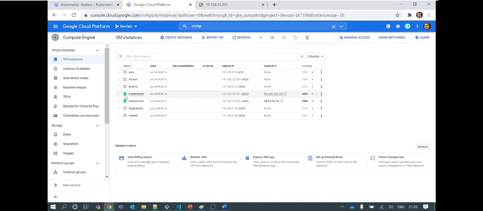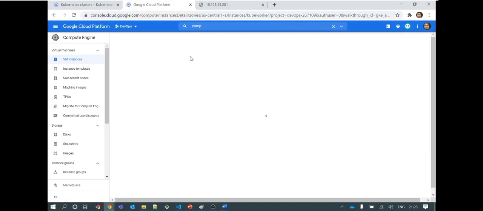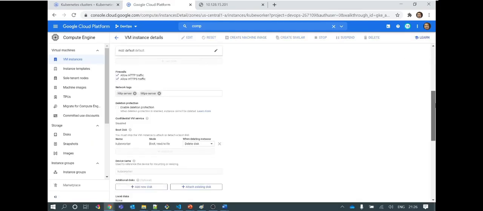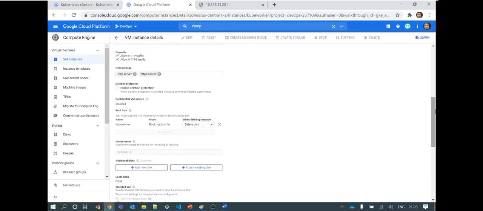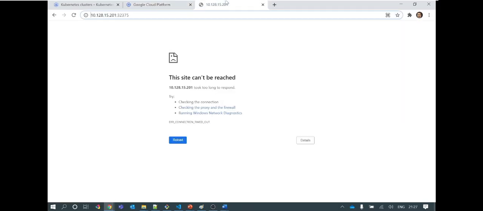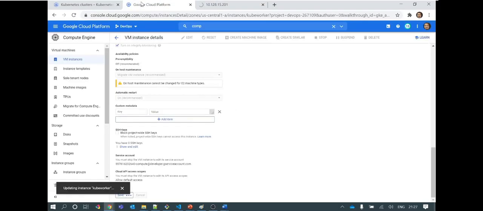Edit this kube master and kube worker both. So I will edit one. Actually pods are running on kube worker, so let's edit this. Go inside this and add the firewall rule by editing the VM and add the tag here in network tags. Okay, done. Save it. Now we have made the firewall changes and I should be able to access it outside.